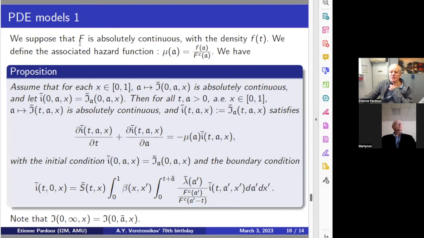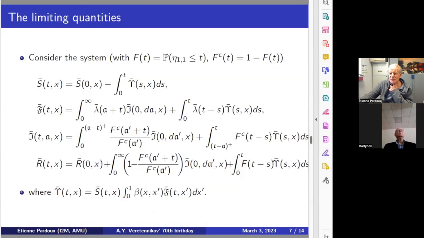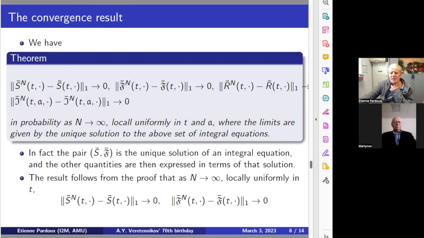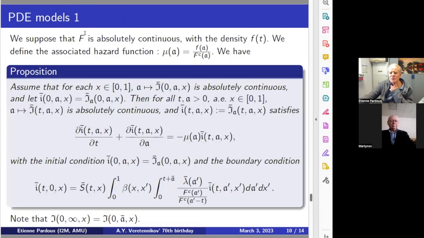Okay, so suppose now that capital F. I forgot to say one thing. It was written somewhere in the slides, but I forgot to say it: you see capital F, the F which appears here, F F^c. F is the distribution function of the duration of the infectious period, and F^c is 1 minus F. So suppose, here it's not absolutely necessary for what follows, but nevertheless, I do assume that capital